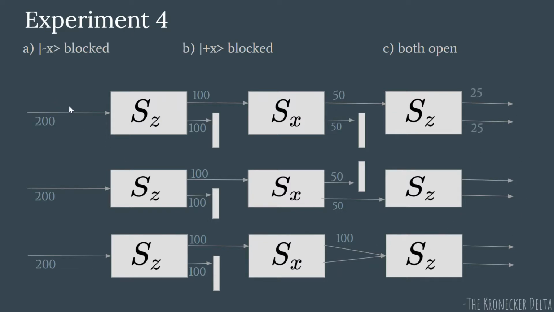Okay, so here you have this input generic state, psi input. Suppose there are 200 atoms. There's 50-50 probability to be in plus Z and minus Z. So 100 atoms here, 100 atoms here. Now we said that any atom which is pointing up in the Z direction is also equally probable to be pointing up or down along the X direction. So these 100 atoms end up being 50 and 50. We block these 50 and we input only this 50 to Sz. These are all plus X atoms, 50 of them. Now, like we did in experiment 3, what we observed was that we get 25 and 25 here, right?